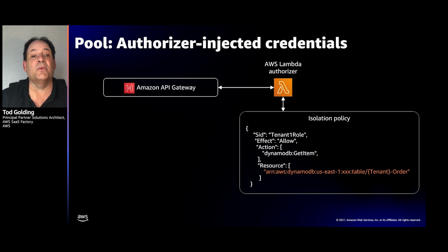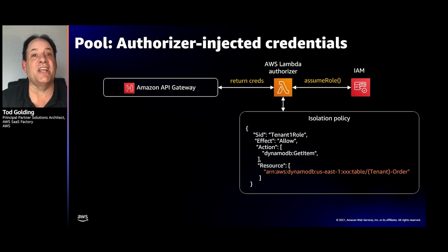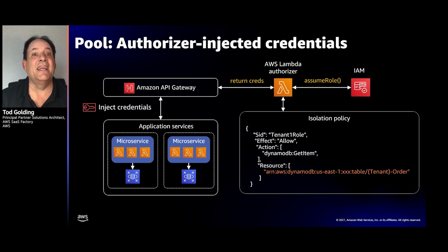So this authorizer will essentially use that context of that particular tenant. And now you'll see our policy is more of a template. There's a placeholder there where we will insert the tenant context. And then we will assume a role with IAM here for that new policy. And we will return the credentials that come back from that. And then those credentials will go into our microservices down below. So here, inside these microservices on the left-hand side, you'll see code that will use these specific credentials as they go to try to access data. So all this is runtime applied.